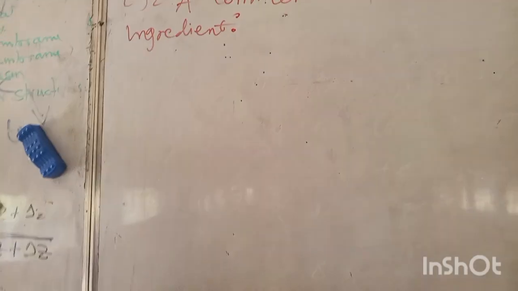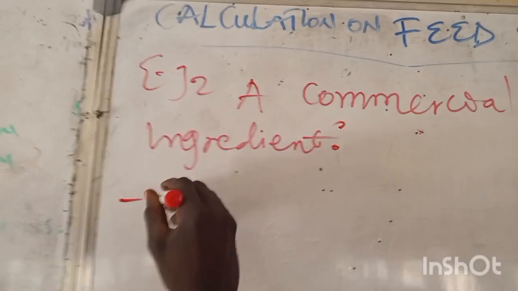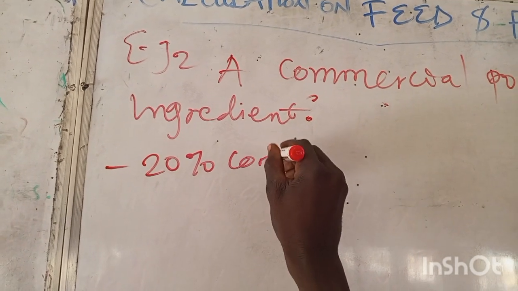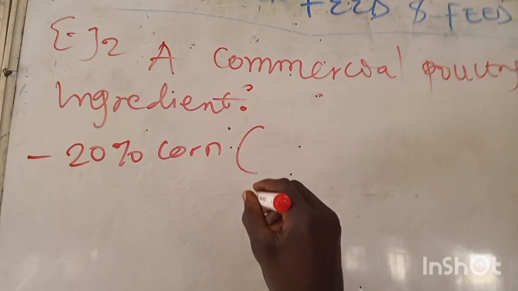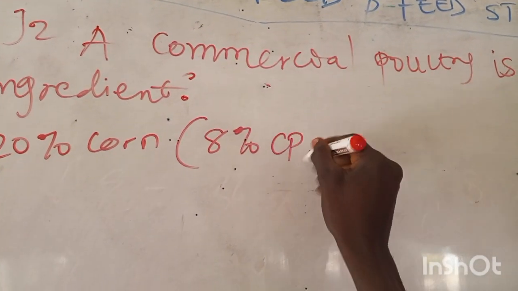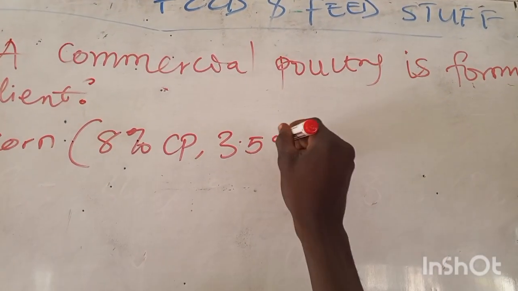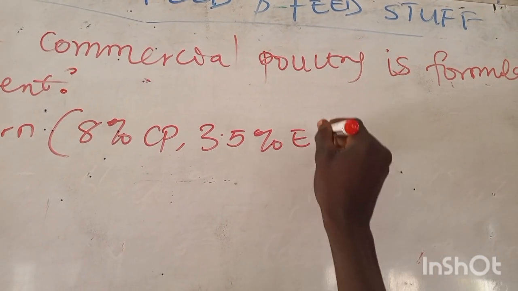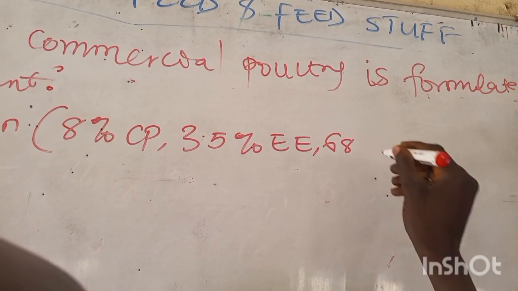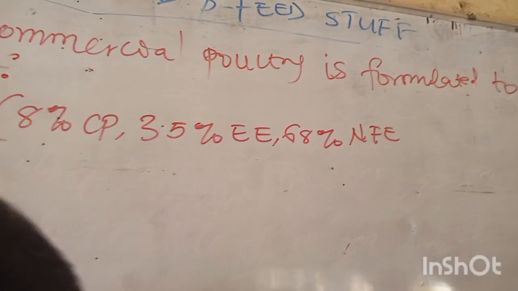Then we have 20% corn, open bracket, 8% CP, 3.5% EE, 68% NFE, close bracket,